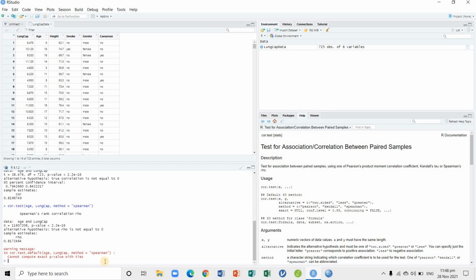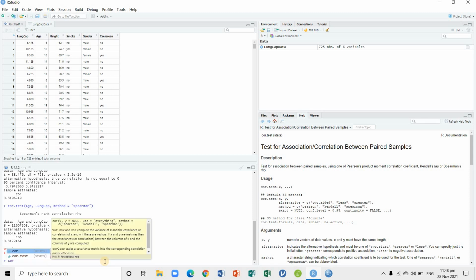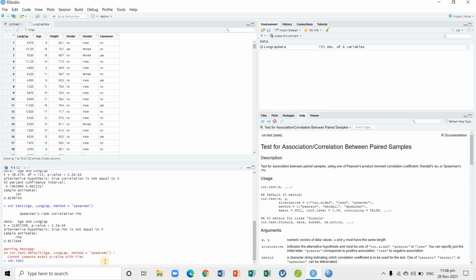So usually this isn't a big deal, but if we like, we can use the exact argument and set this to false. So to do that, we will just input cor.test